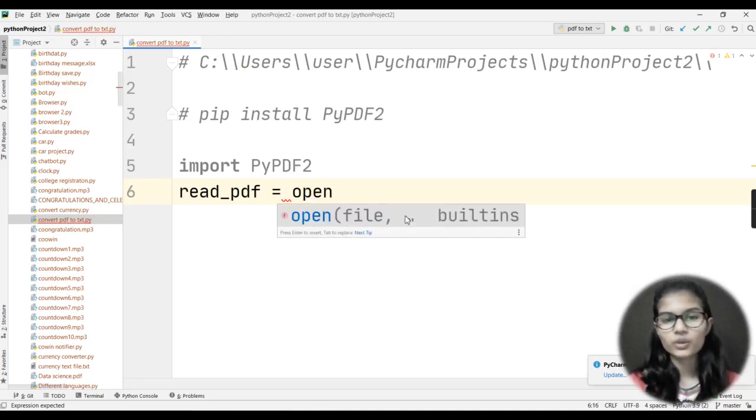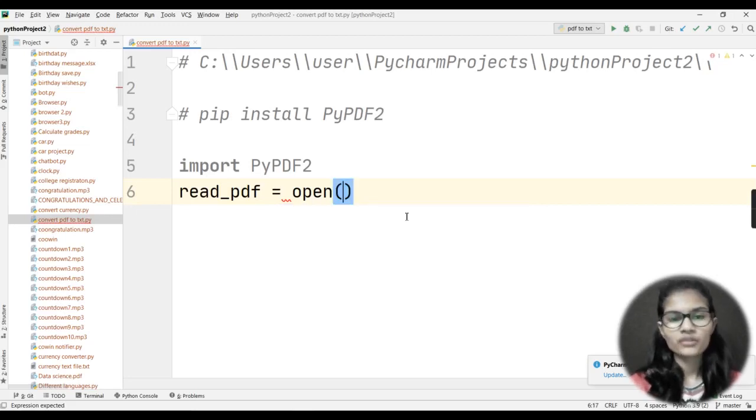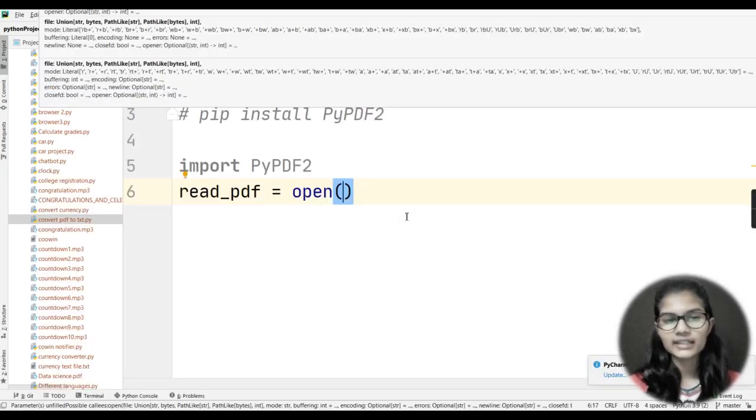Now, if I want to read a file, I've already discussed that when we discussed file handling. So let me quickly repeat that here. Whenever we want to deal with a text file, in that case we use the file handling technique. For reading, writing, or doing any operation on a file, the first thing is that we need to open the file. So for that we use a function that is open.